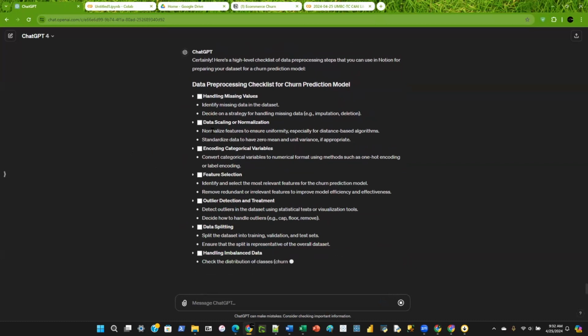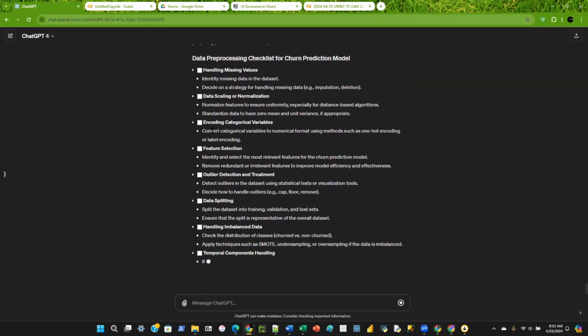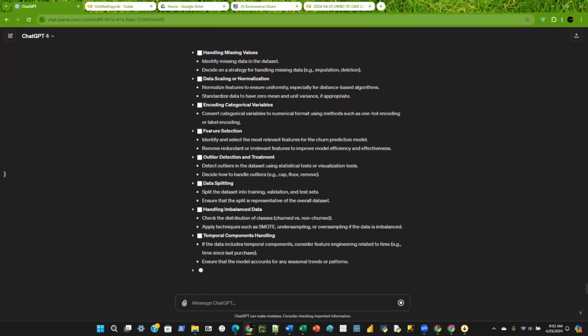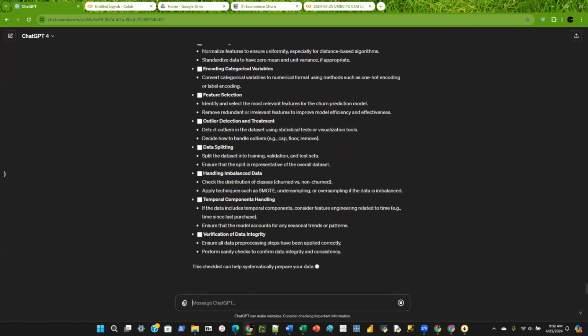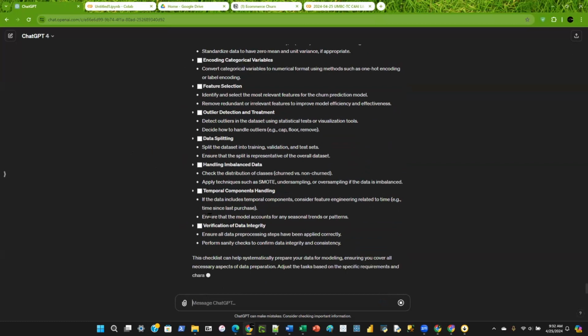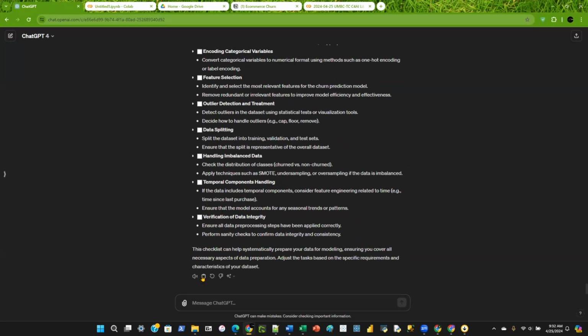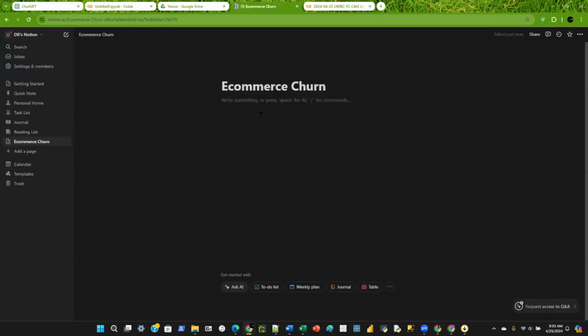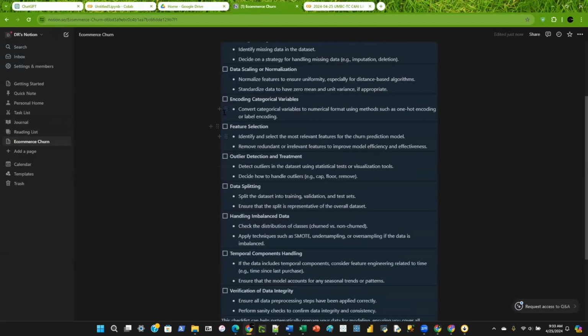This is more of a project management type thing. So those of you who've used Notion, it can be anything of your choice, right? So here's a checklist, and once this is created here, I can just copy this. I can go to Notion. I have a document created here. I can just put it in here, and now I can use this.